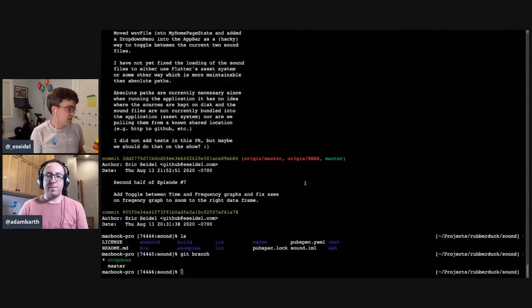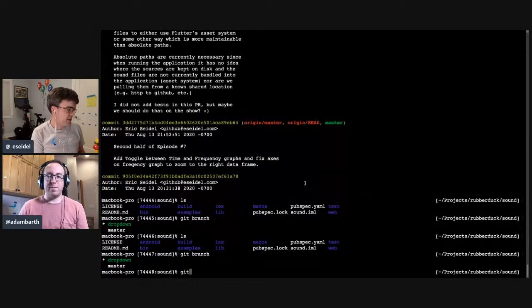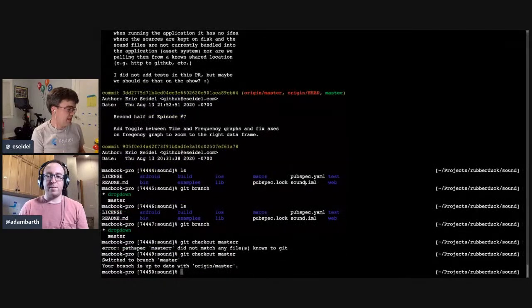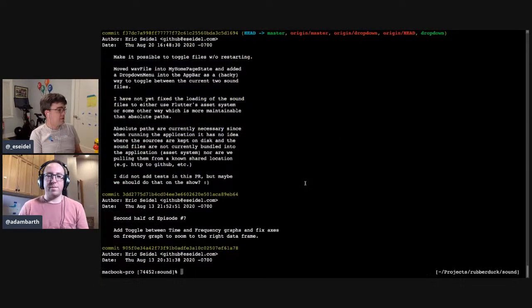Okay, so if we switch back to my screen, you'll see I'm on my little branch. But if I switch back to master, git checkout master, pull rebase. This won't actually work, I don't think. Did it? Oh, no, it did. Okay, good. I was wondering if I needed to pull from upstream because I changed. So shall we get to the meat of this episode then? Let's do it.